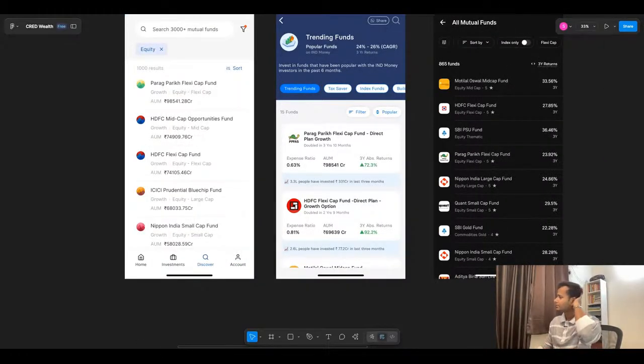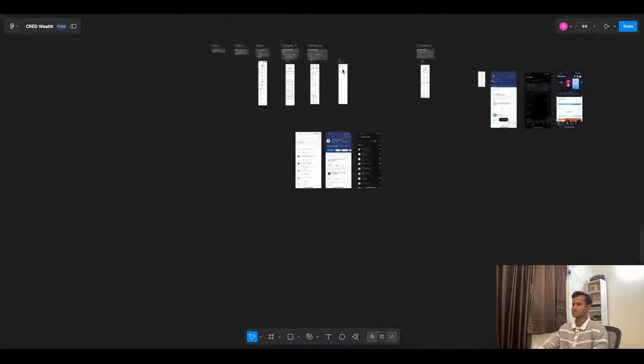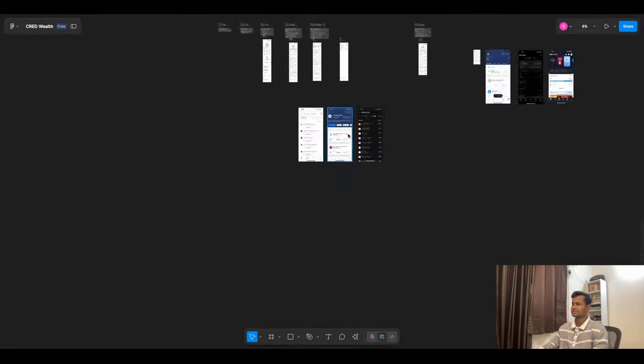3 year rating, equity, mid cap. Expense ratio, Groww is also not providing. Here also it is not providing. I think this is a good thing to provide. AUM average, AUM is also, we have already the 3 year, but we can make this consistent. So expense ratio, AUM,